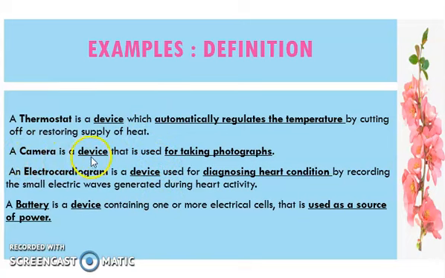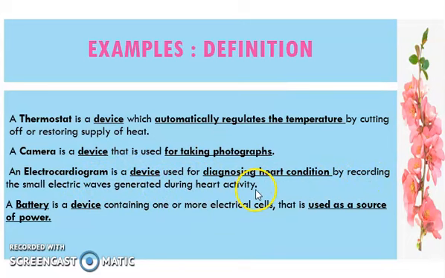A camera is a device that is used for taking photographs. Let's ask two questions. What is it? What is a camera? It is a device. How it works? It works for taking photographs. Look at the third example. What is electrocardiogram? Electrocardiogram is a device used for diagnosing heart condition by recording the small electric waves generated during